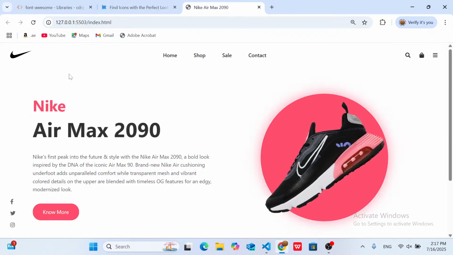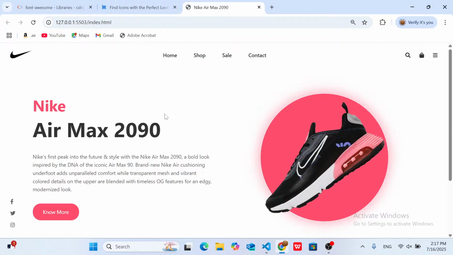The landing page includes the nav bar, which includes the Nike logo and the nav links with nice hover effects. Then in the right section, we have the nav icons with nice hover effects as well. Then in the main category, in the left section we have the product info. Then in the right section we have an image that showcases